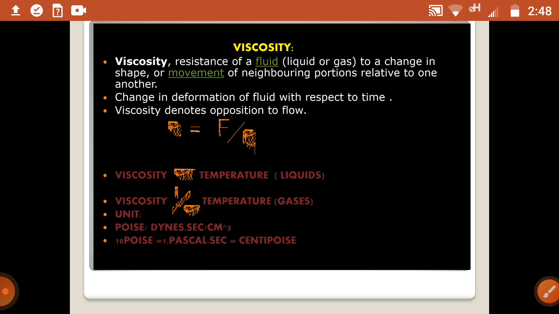How can we determine this viscosity? The first most general question is, there are different types of viscometers. Okay, now come towards this again. This is Poise. Poise is the scientist's name, who gave a relation for how to find the value of viscosity. So the unit is as written, Poise. It's also known as dynes into centimeter per centimeter cube. 10 Poise is equal to 1 Pascal second, which gives us the centi Poise.